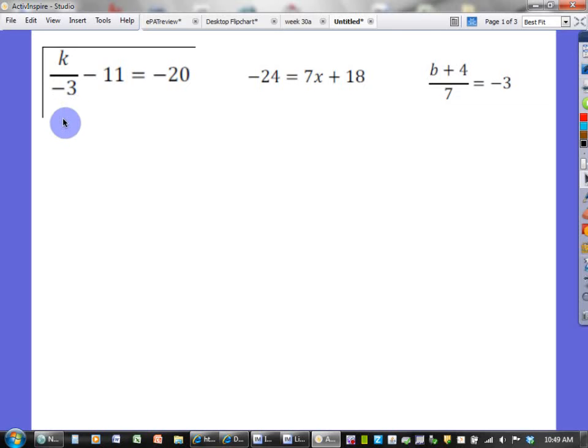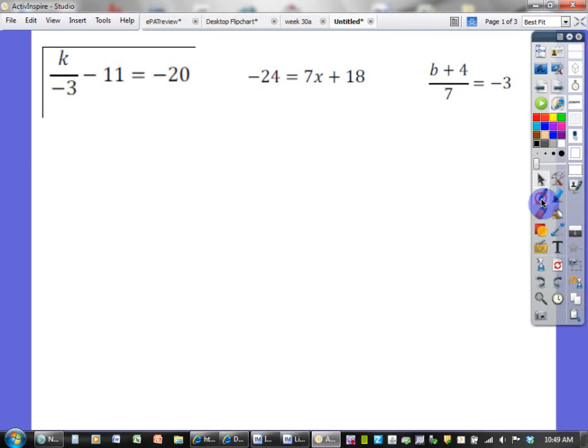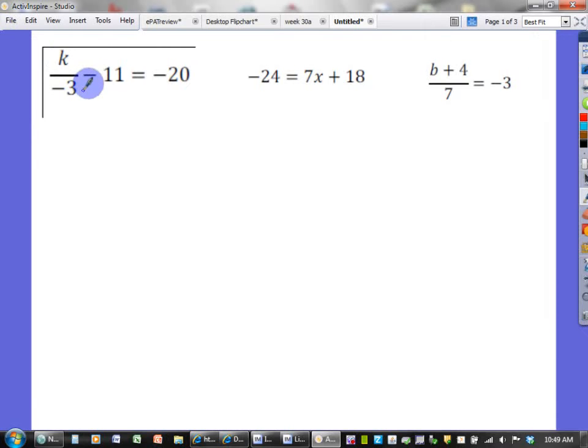Wanted to take just a second to review how to solve a two-step equation problem. If you can see by this problem, it says k divided by negative 3 minus 11 equals negative 20. In order to solve, we want to try to figure out what k is. To do that, we have to get k divided by negative